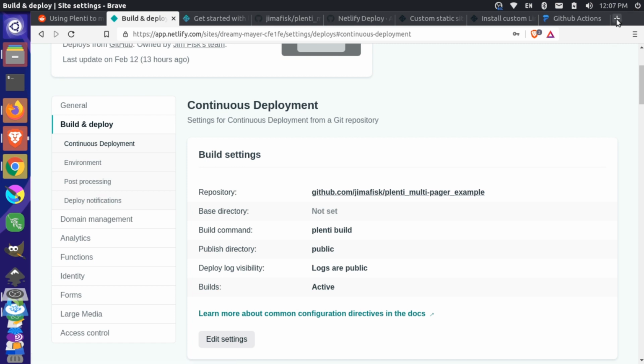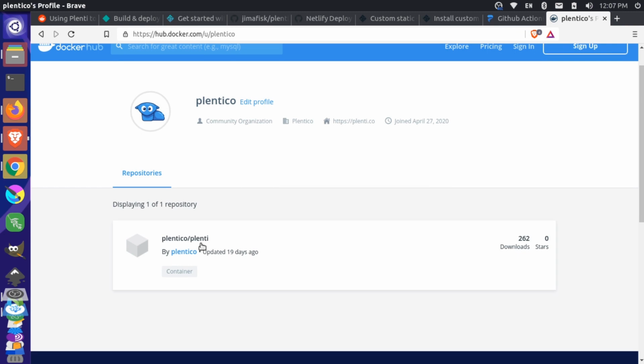Because if you were to look over here, we actually have an official Docker Hub image. So for Plenti here, if you were to go to this, you can see that every time we release a new version of Plenti, it builds a new image here with the newest binary of Plenti in there. So really, I thought what we would be able to do on Netlify is just point to this image, build with our image instead of their image that's on their build service,